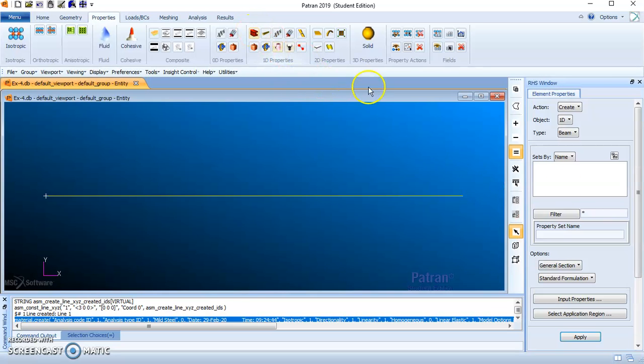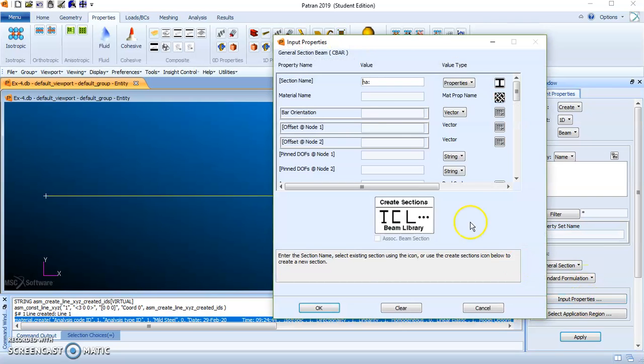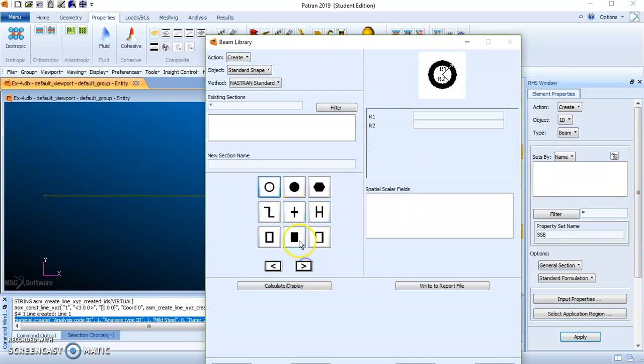Now beam cross section we need to select. It's a simply supported beam, so I'll type SSB. Input properties. Let me select the cross section first. It's a filled rectangle. So I'll give the name as rectangular cross section. Depth is 0.3 and width is 0.2.